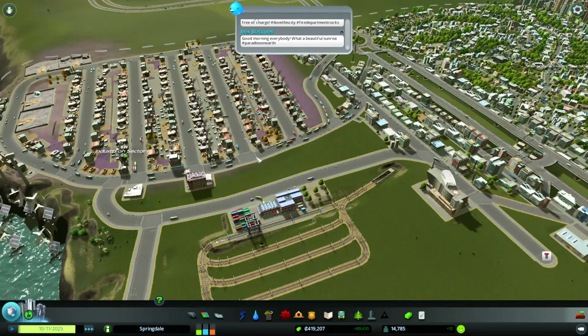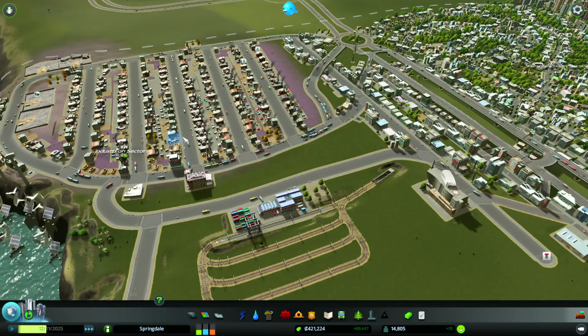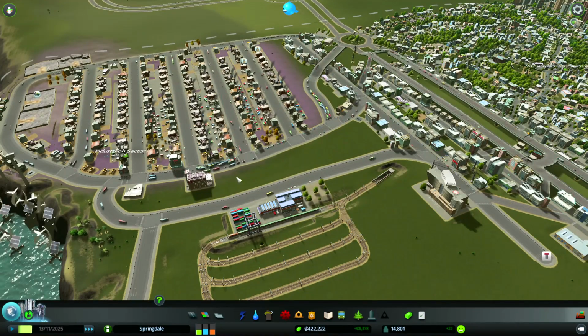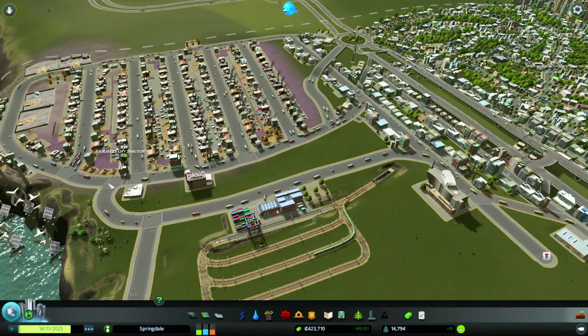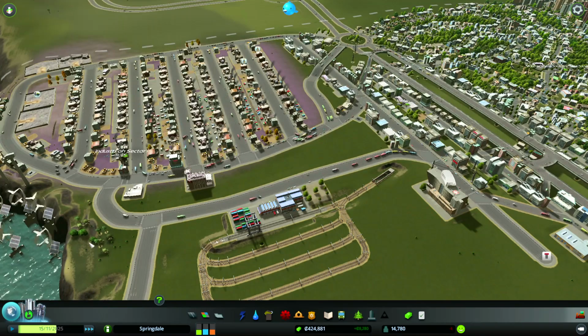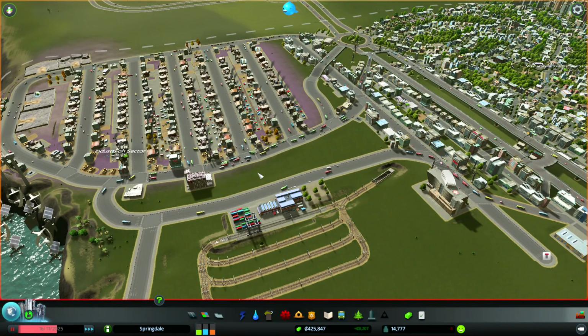And all of it seems to want to come to the train station or the industrial area, so we can't really try and funnel it all to the train station because that's not where all of it is going. You can see maybe a third to a half of it is going to the train station, and the rest of it is kind of going elsewhere. So what we can do...